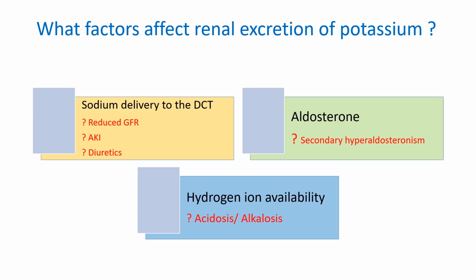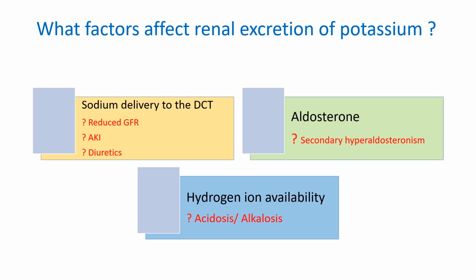However, in patients who are on diuretics, where there is a reduction in the sodium reabsorption in the proximal tubule and there is a large delivery of sodium to the distal convoluted tubule, there is a higher volume of sodium to be reabsorbed in the distal convoluted tubule, meaning that a lot more potassium or hydrogen will be exchanged for sodium to be reabsorbed. That can cause hypokalemia. The second reason is the presence of aldosterone in circulation.